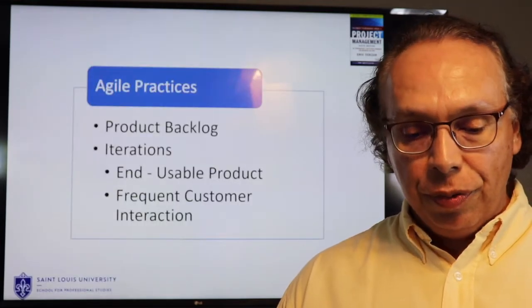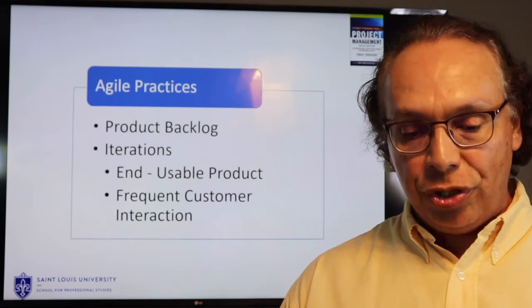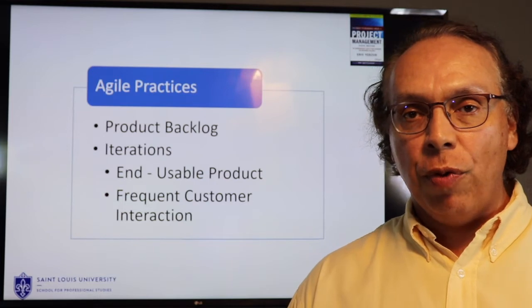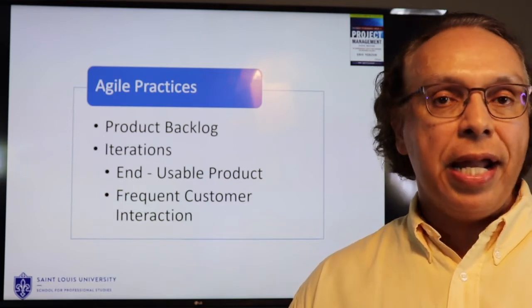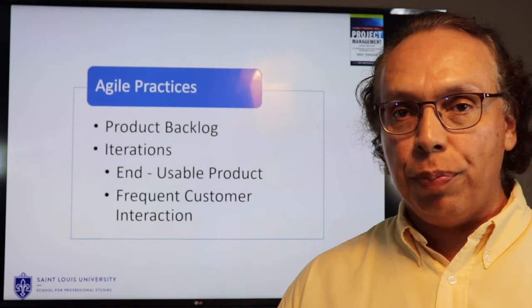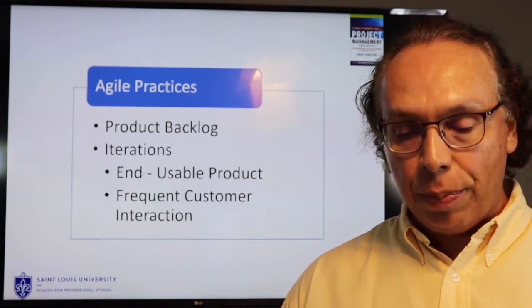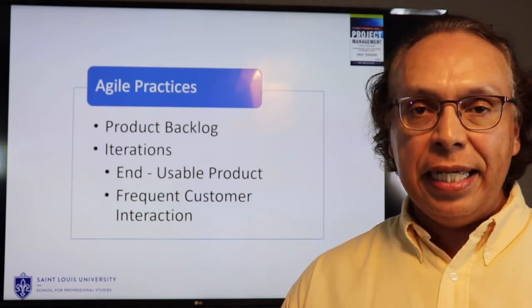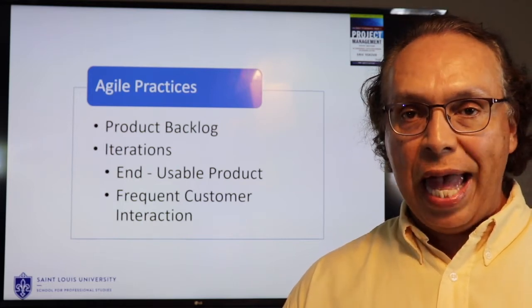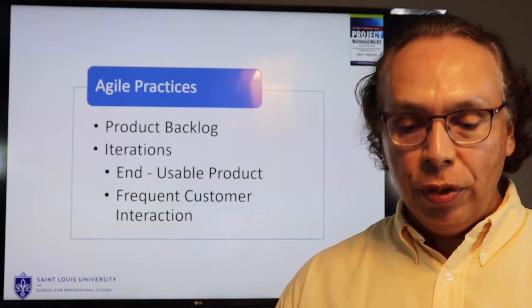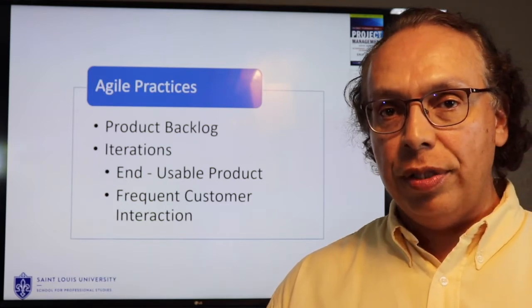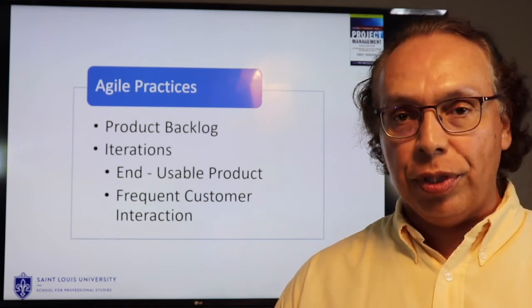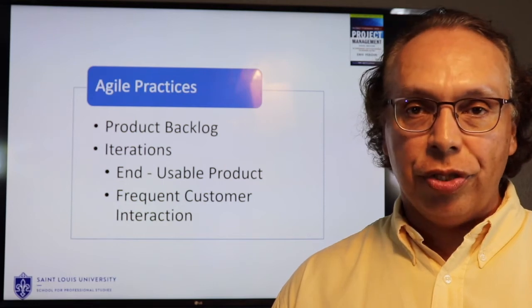Getting back to Verzu, he lists several practices in his chapter, including product backlog, which is all the work that we want to get done in the project. We may not get all the work done, but we'll get the most important work done in an Agile practice. We'll do that by using iterations. And at the end of those iterations, we will have usable products. We will include frequent customer interaction, and we'll get their feedback. Remember, you can optionally read Chapter 11 in Verzu for more information on Scrum.